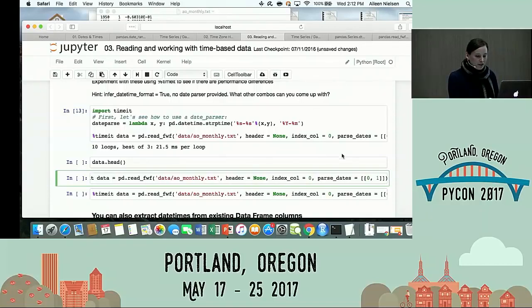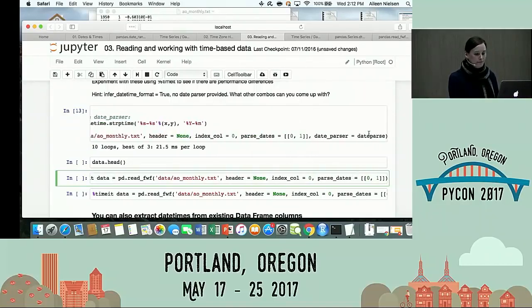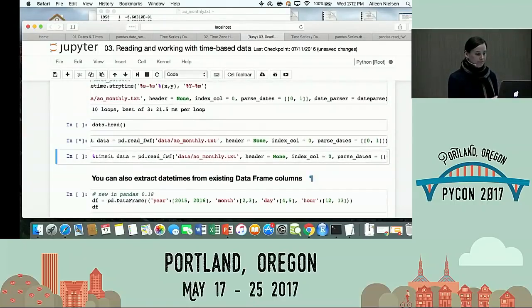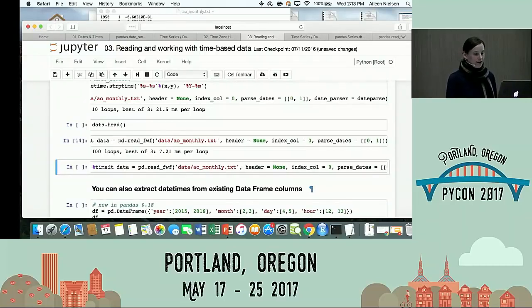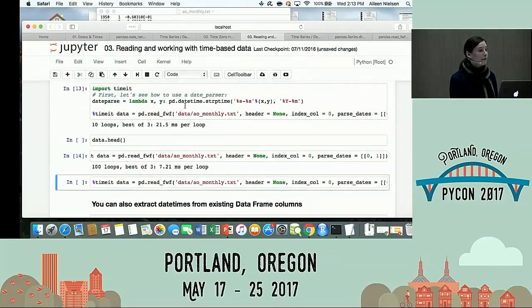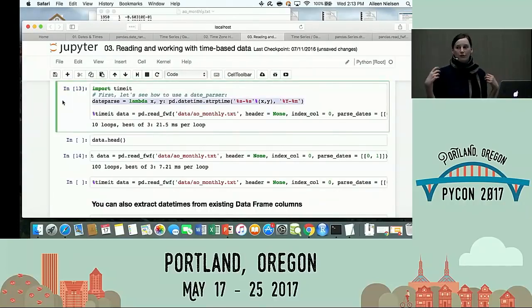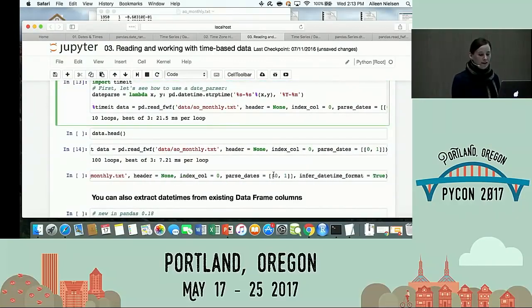In this second option, what's different? I'm still giving it the parse dates column. It would be kind of dysfunctional not to, right? I don't want it to always assume 1950 is a year. But I am not giving it a date parser. I'm just going to have it figure it out on its own now. And here, this actually cuts down, right? So sometimes you might think you're being helpful, but maybe you haven't expressed something that helpfully. So in this case, I thought, oh, I'm going to make this really efficient by providing a date parser, but there must be something about the way I did it that's really inefficient versus just the way that Pandas already has in the background. So that's one thing to be aware of, is your custom solution might not work so well.